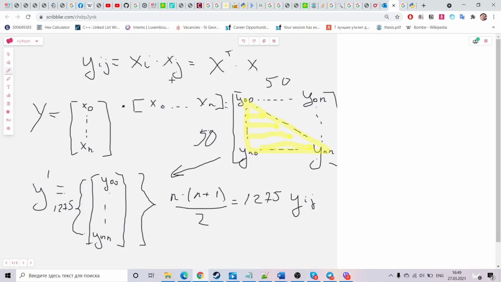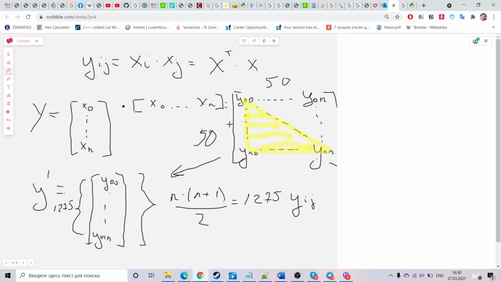So our main goal is to find y_ij, as multiplying state i on j. We can consider our matrix Y as multiplying the vector of states transposed on the usual vector, and we will get a matrix 50 on 50, where we need just